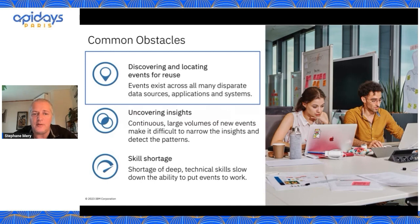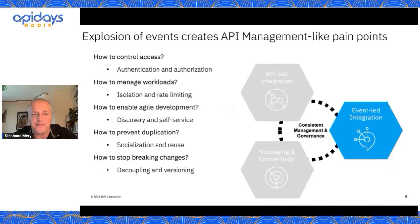But really, the first one is touching on this notion of management, right? API management extended to the event space. With the explosion of events, and more companies deploying Kafka as the technology stack to transport events into their organization, they are facing an API management-like pain point. So they have more and more Kafka topics, and at the end of the day, it's super hard to manage